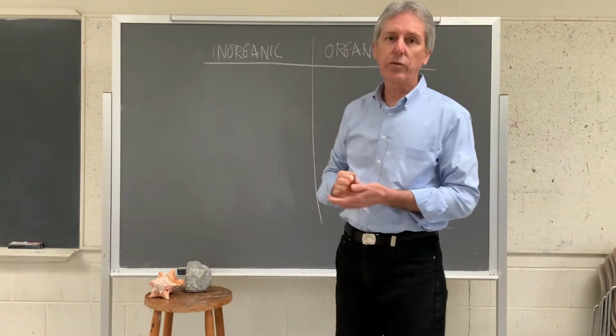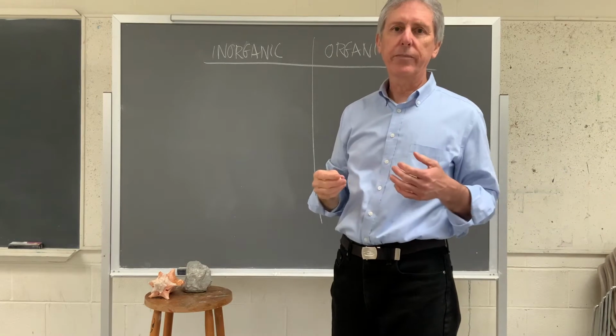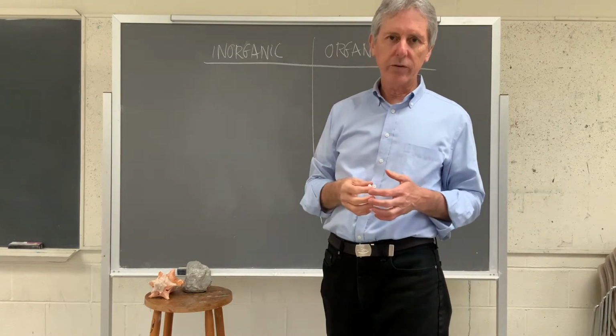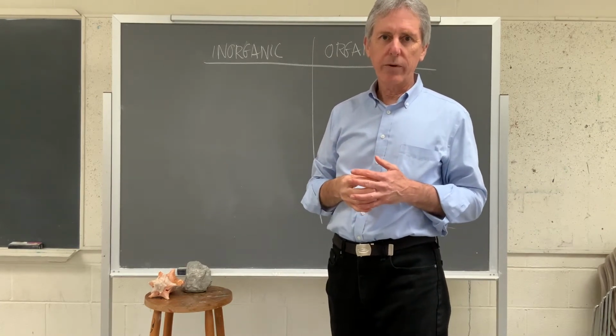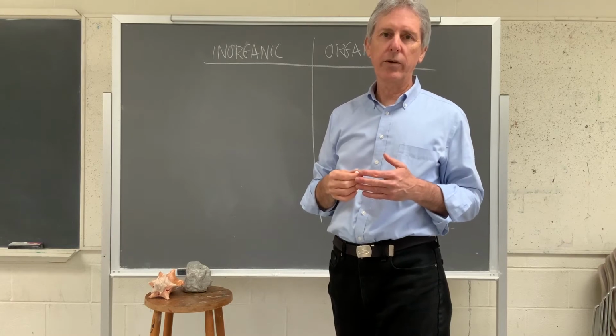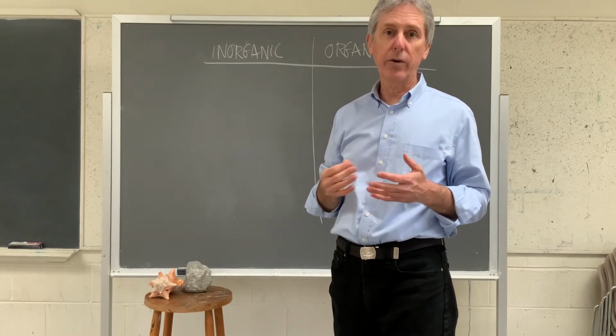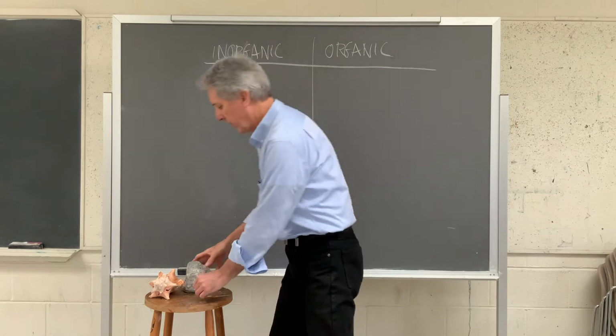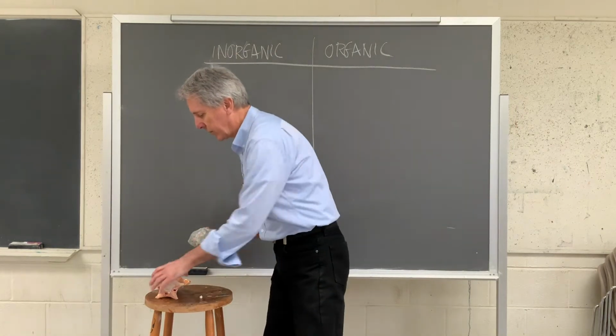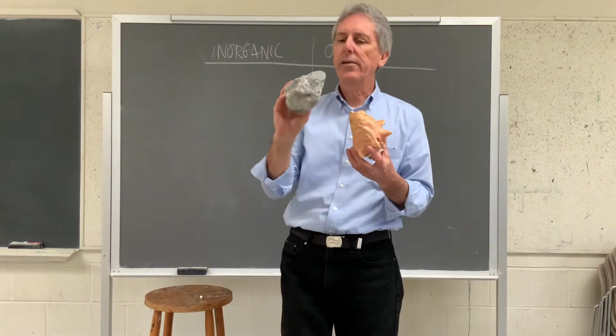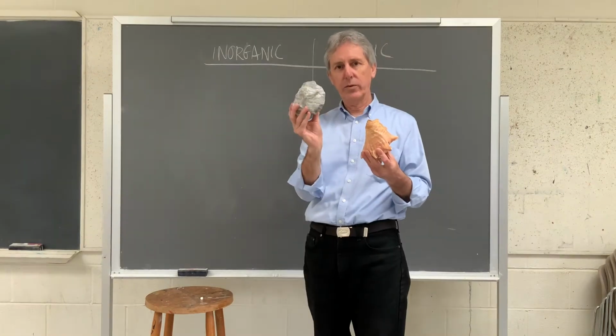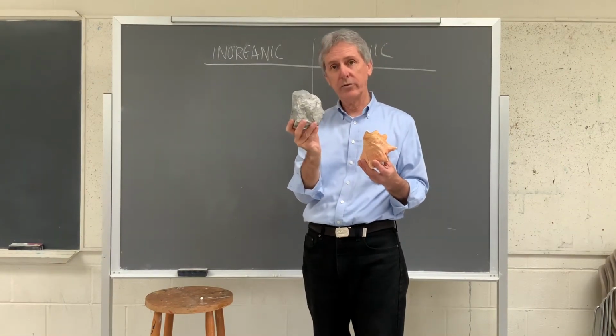These are two categories that are both present in nature. The organic, however, includes everything that is alive or has lived. And so if we take these two objects, a rock and a shell, this is inorganic, natural,